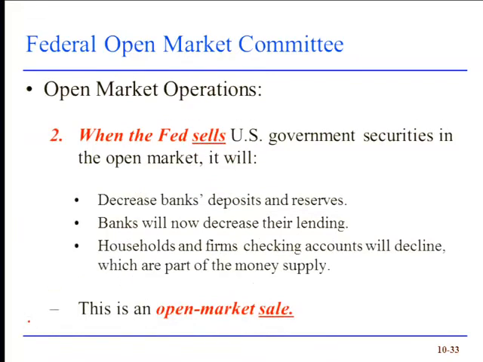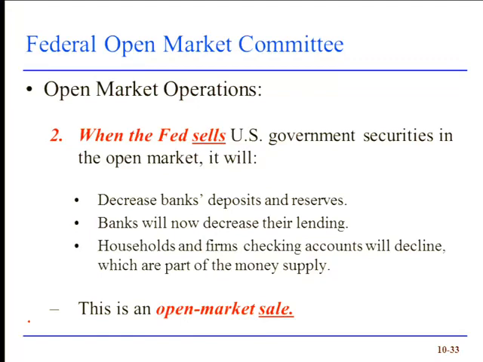They can also turn around and do just the opposite. Rather than buying government securities, the central bank could sell government securities out of their portfolio that they've acquired over time by buying them. If they sell them, the private sector buyer has to pay for them. The money comes out of the buyer's checking account or demand deposit. Now the bank has less money available for making loans. It reduces its loans and reduces the money supply. Again, we'll look at this in much more detail in a couple of weeks. But by doing open market buys and sells, or purchases and sales, the central bank can control the money supply. In fact, it can control it reasonably well over the intermediate to long term.